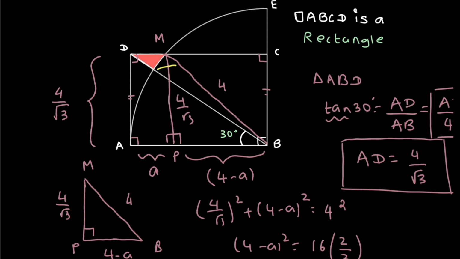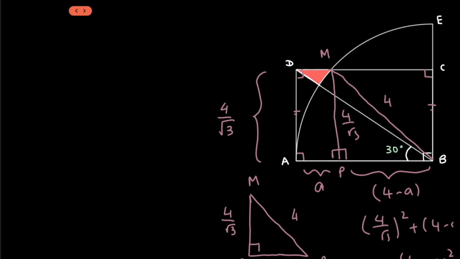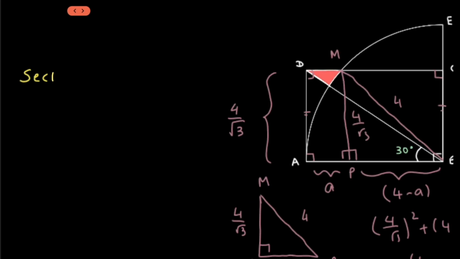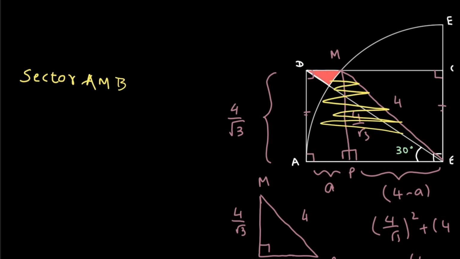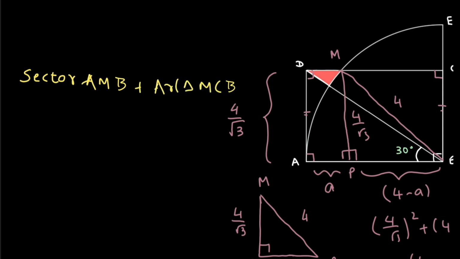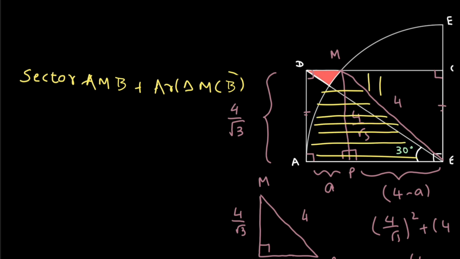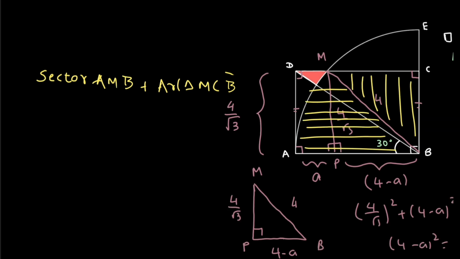So let me just write the formula somewhere. I will take the sector, and the sector is ultimately AME. So I will take the sector that is AME and add it with the area of this triangle, that is the triangle MCE. So I've taken this particular sector and then I have added this triangle's area. Okay, let me just clear this. Remember that adding this to what region it has given us.